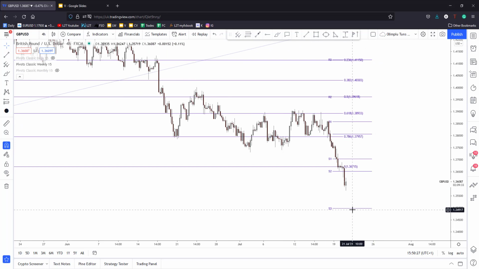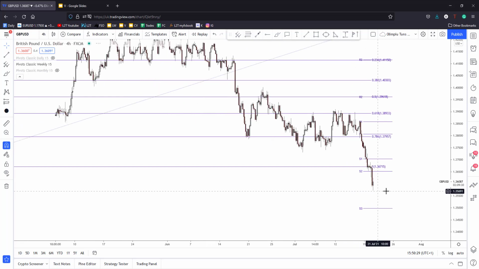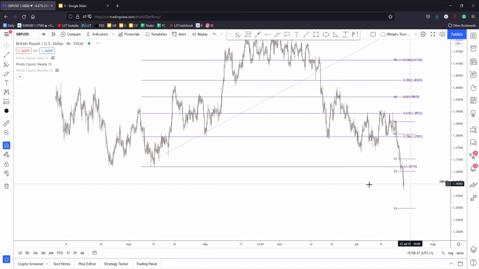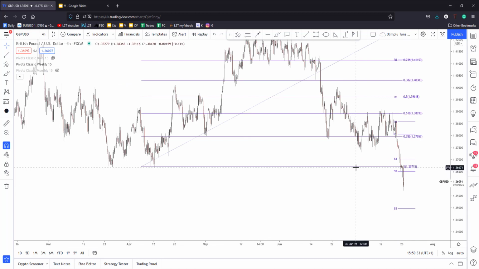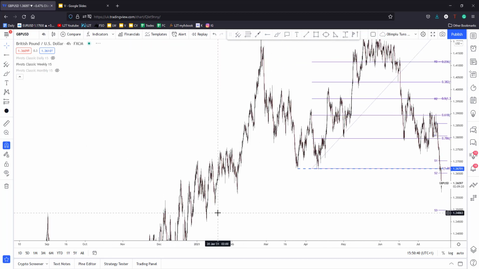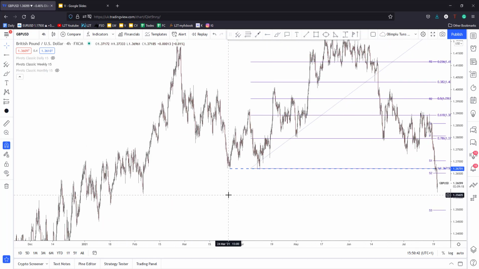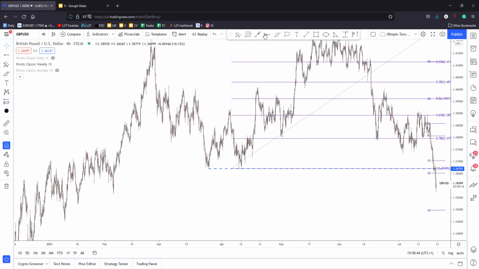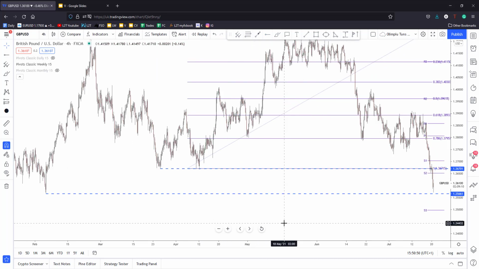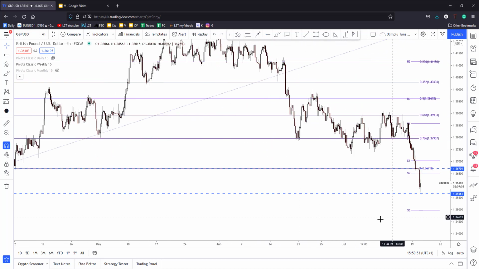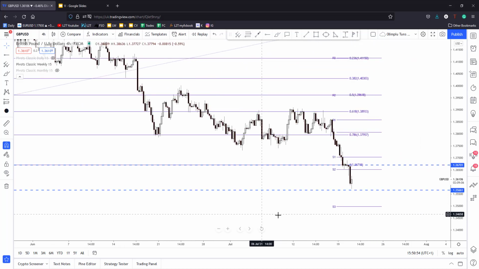Right now it's trading at 1.3608. It is located below these levels, support levels, former lows. So here, the British pound versus the US dollar, sorry, it is bearish, it's bearish, and the next downside target is seen here